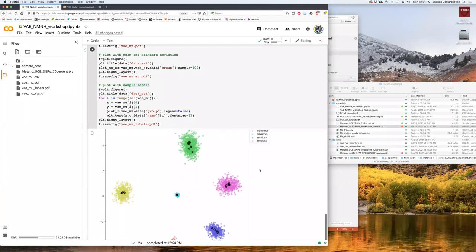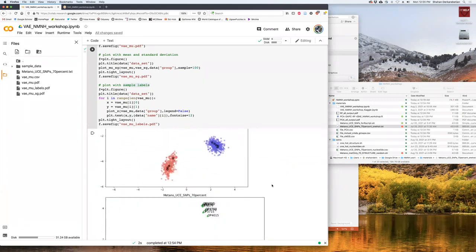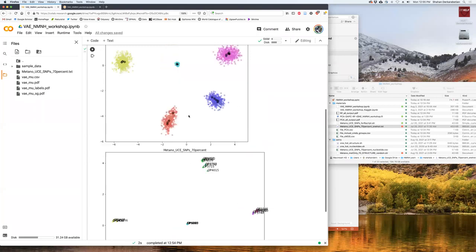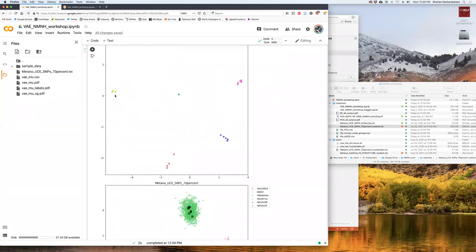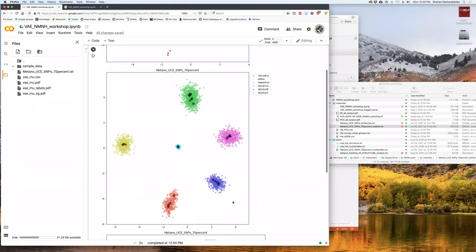So here's what's output, the mean, standard deviation, and samples. So that's VAE. Again, discovery approach. You can then take this, your plot here, and do whatever downstream clustering you want. But again, this is pretty good visualization of what's happening in your data set, very simply.